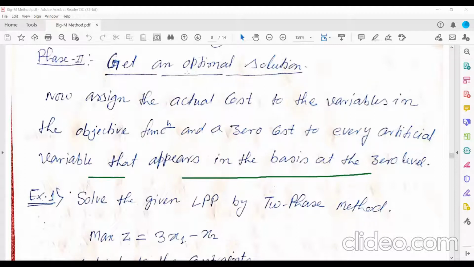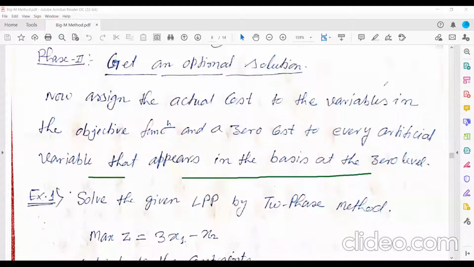In phase 1, the coefficient of each variable except the artificial variable in the objective function was 0. But in phase 2, we will take the actual coefficient of the variable from the original objective function.